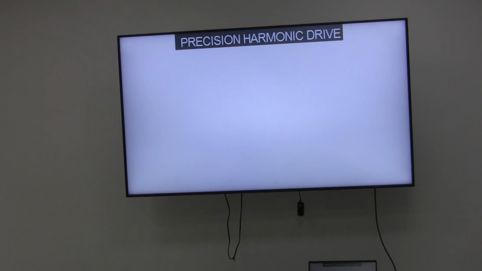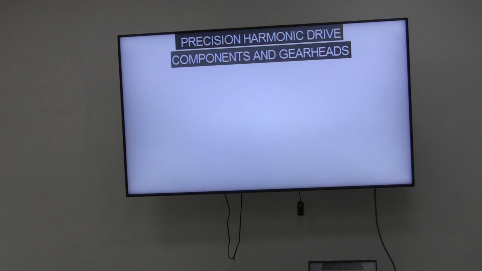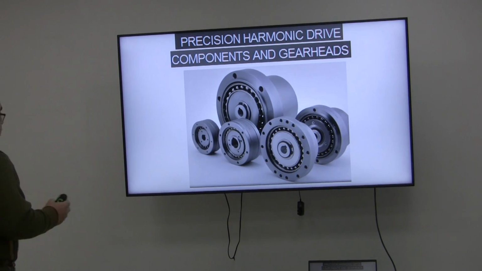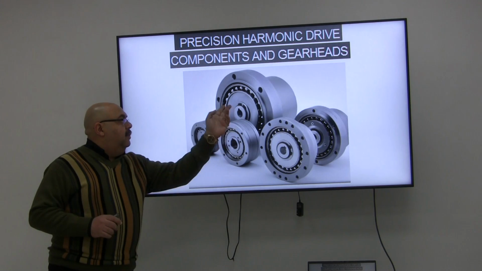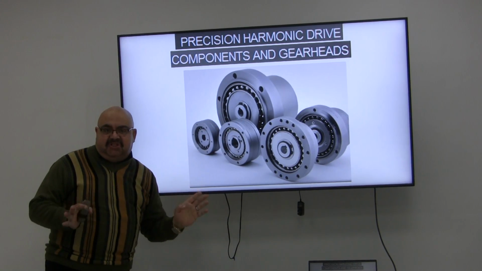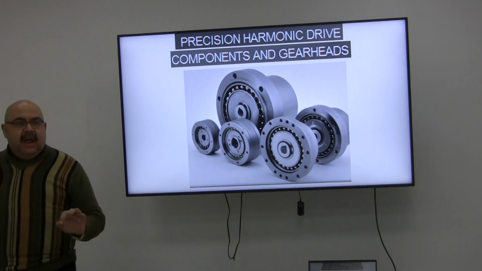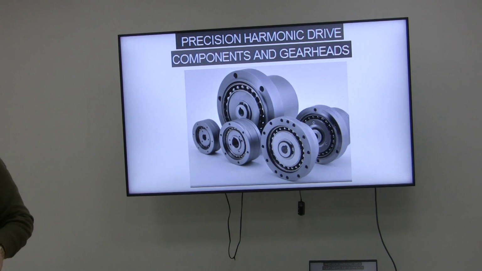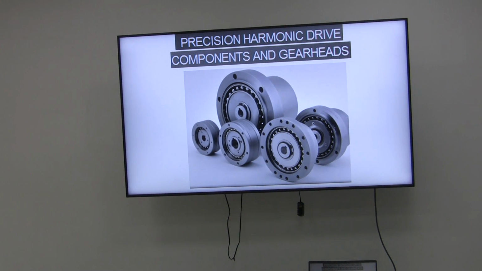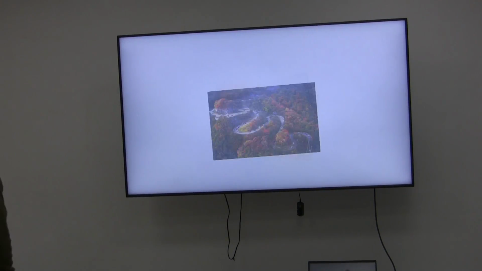Here are some photos just to encourage you about analytic geometry. I can evaluate the precise components of circles, spheres, discs, whatever, in high accuracy. If you look at the head of a gear or parts like those, you will be able to do this analytically using what I'm telling you.